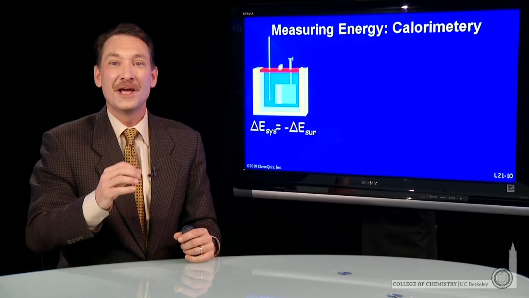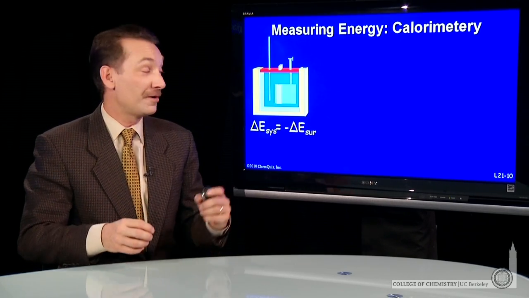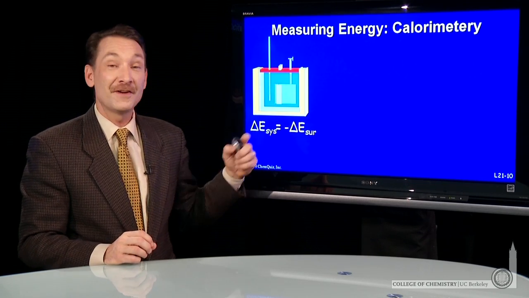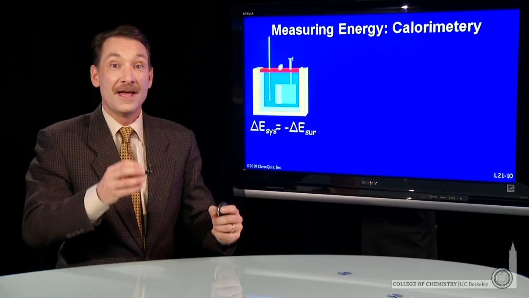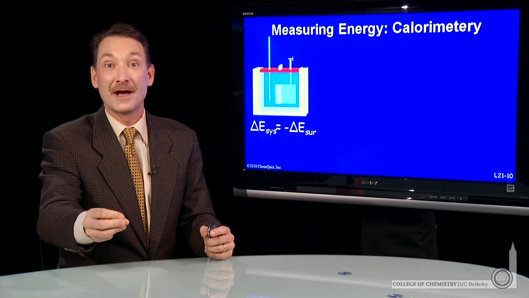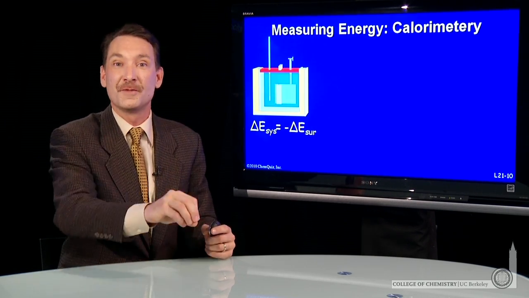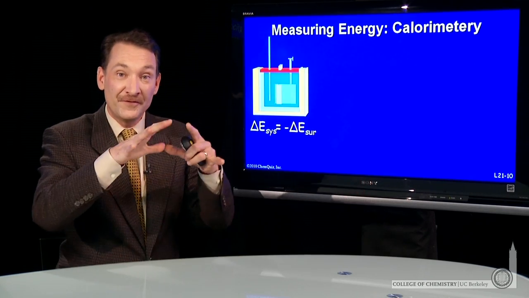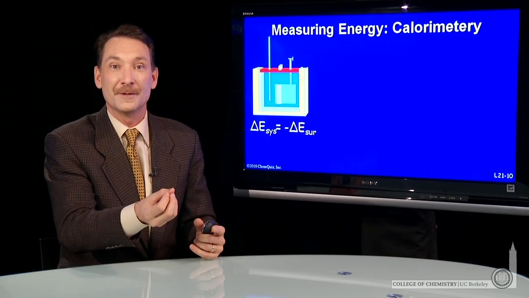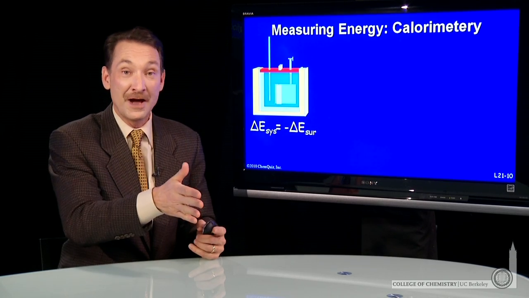We measure heat transfer using a technique called calorimetry. Calorimetry revolves around the conservation of energy. That is, every joule of heat lost by a system is absorbed by the surroundings, or every joule of heat absorbed by the system comes from the surroundings. So if we fix the surroundings around our system and we carefully monitor the system and the surroundings, we can